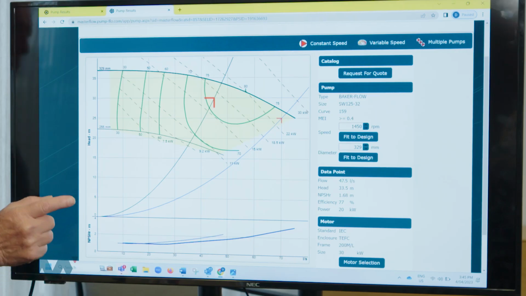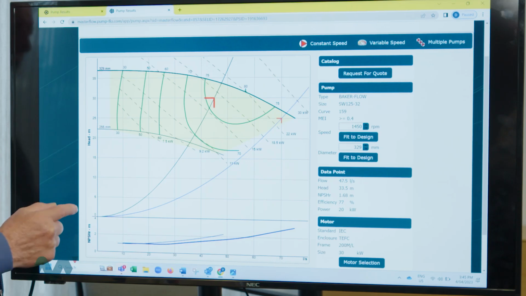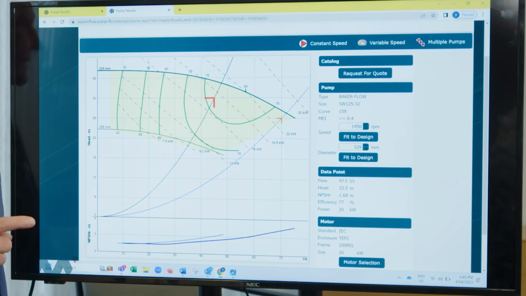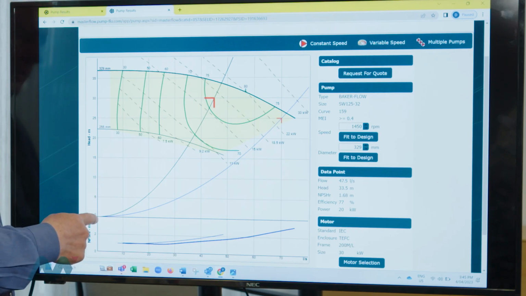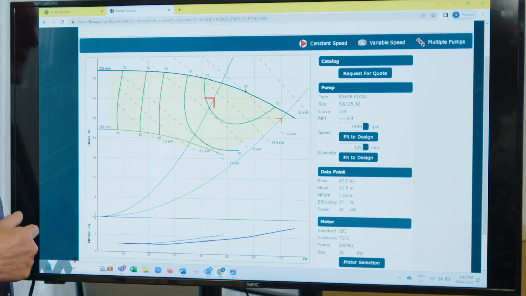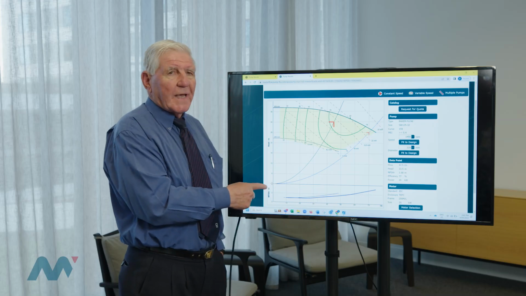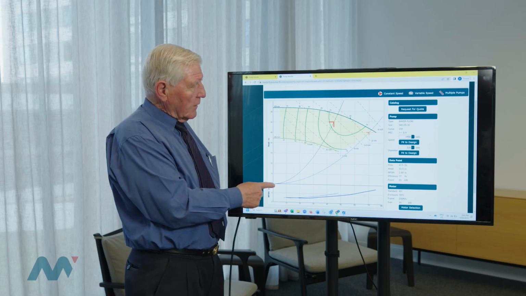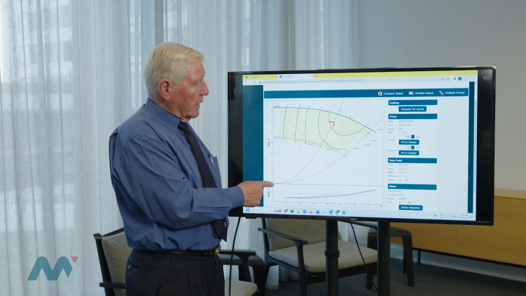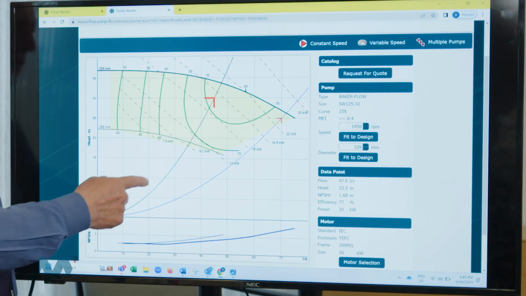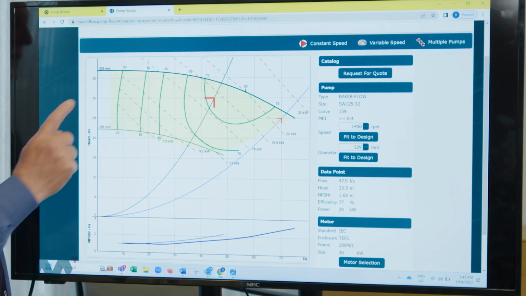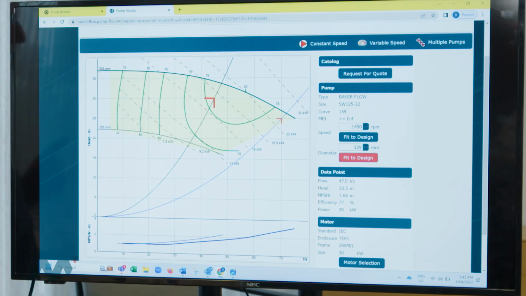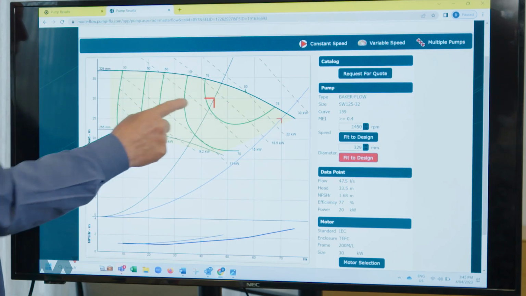On this curve, we have generated a theoretical system curve, but this system curve that we've generated is for a recirculating system. In other words, our system resistance is zero static. So our starting point for this curve is here. We then follow a square law curve through the duty point, assuming that our client has calculated that duty correctly,